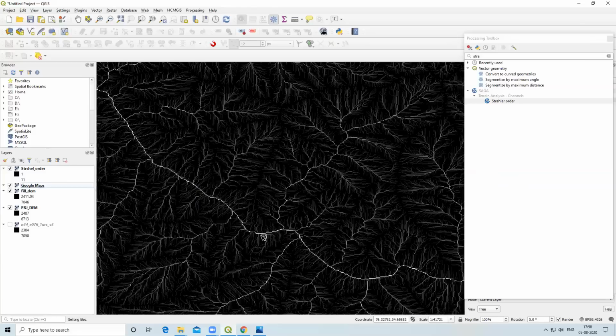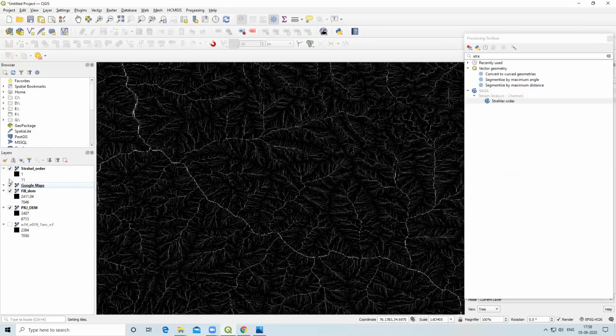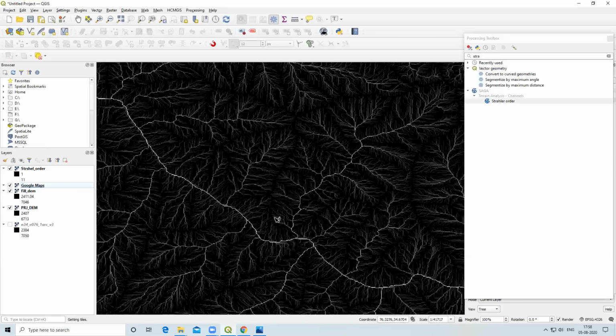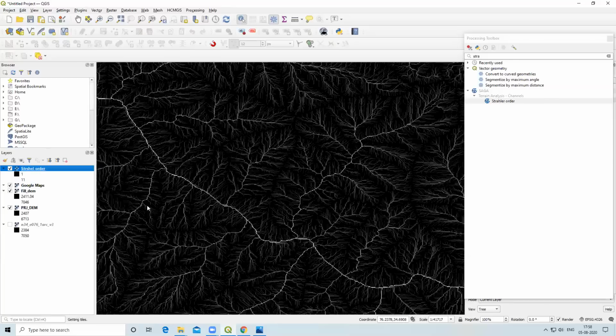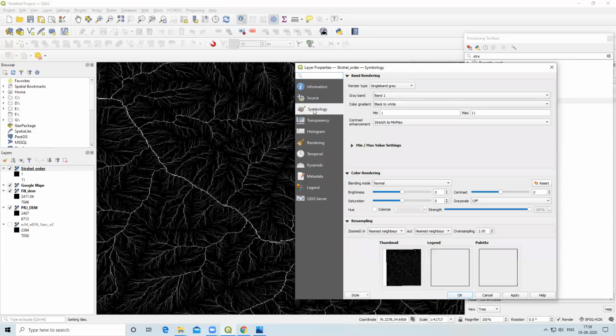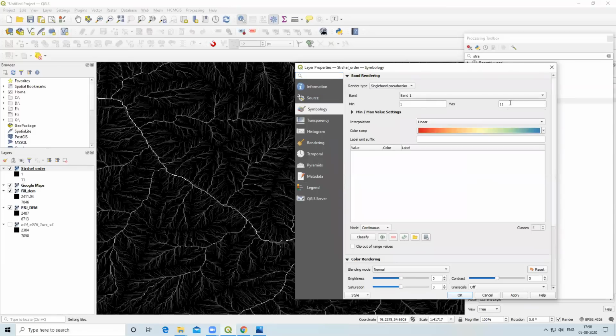So you can see our higher order, and now I will show you the properties. We'll go to symbology, and for better enhancement, I will color it first.